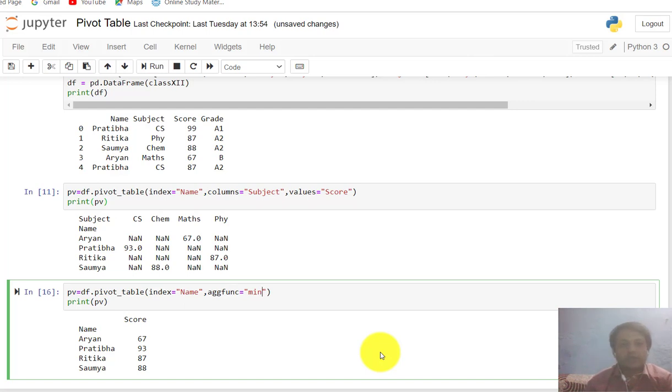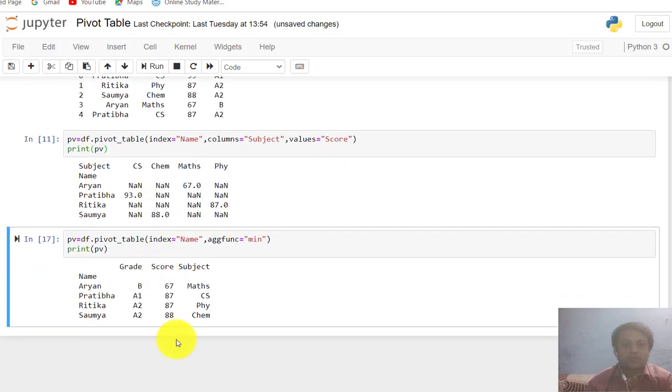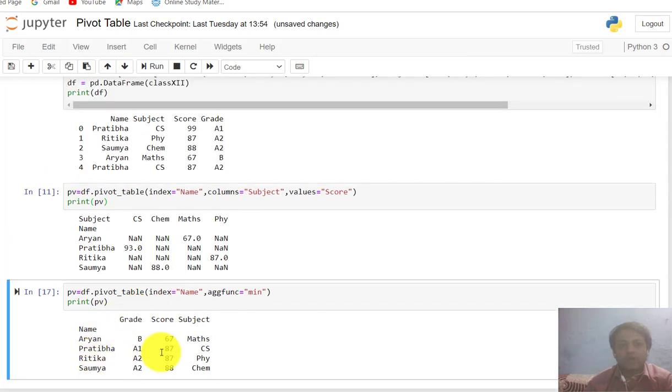That will find the minimum of score from that table. Just execute this and see. Okay, you can see here this is the minimum. Because the grade also comes into the values, it is showing B, C only, because these records have only one value, so it is shown as it is.